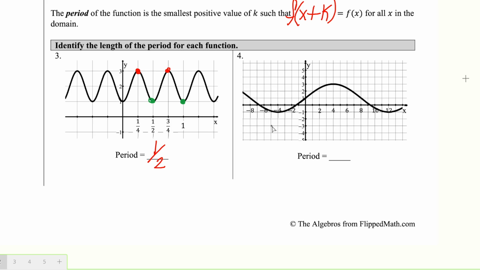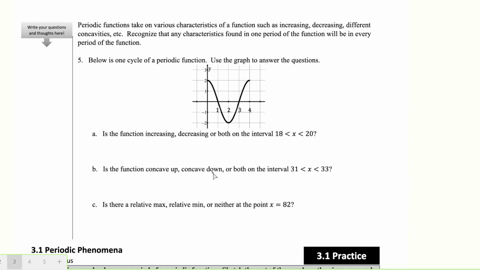Okay, so what is the period length for this function? Where does it start and stop again? I picked right here, and I see it starts and stops right here again. So this is -4 and 12. What is the difference between 12 and -4? 16. All right, on the next page,